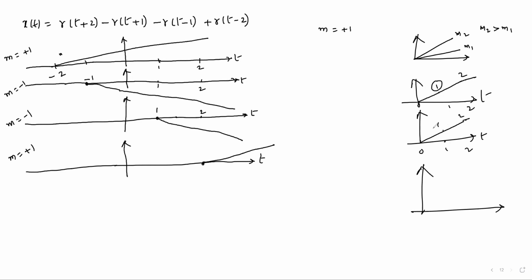At each and every instant, this is 1 plus 1, 2. This is 2 plus 2, 4. So what will be the slope of this one? This slope will be +2. And what is the slope of the ramp function? We know it is +1. So whenever two ramp signals are added, their slopes will be added. In a similar way here, you can add the slopes first.